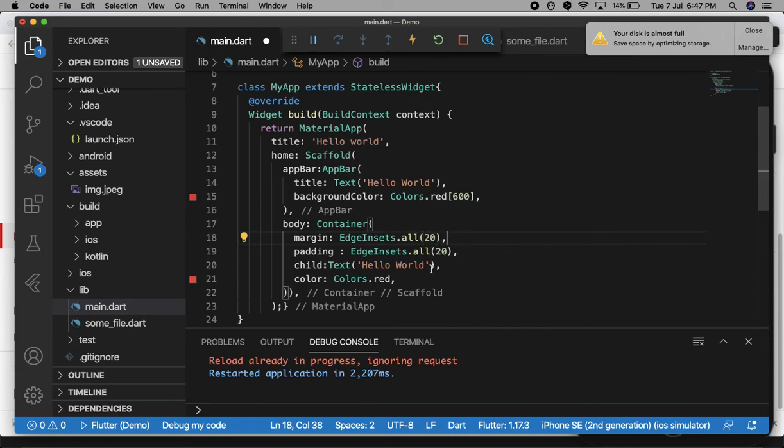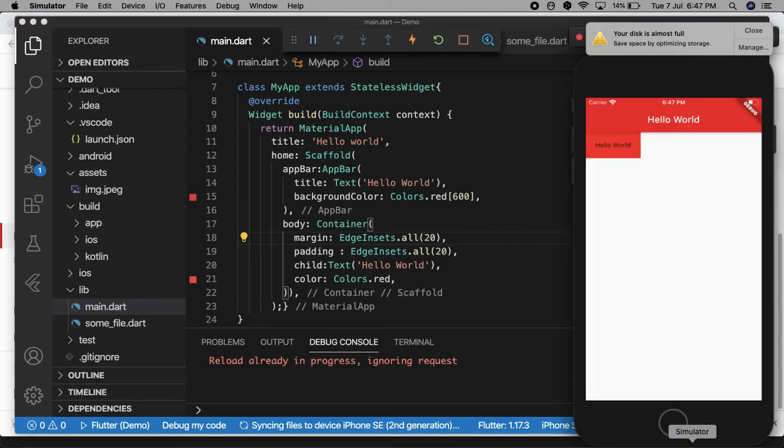Then you will see the difference. See, margin means it is taking space around the corner of the widget, and padding means it is taking space inside the widget. So this is all about padding, margin and container.